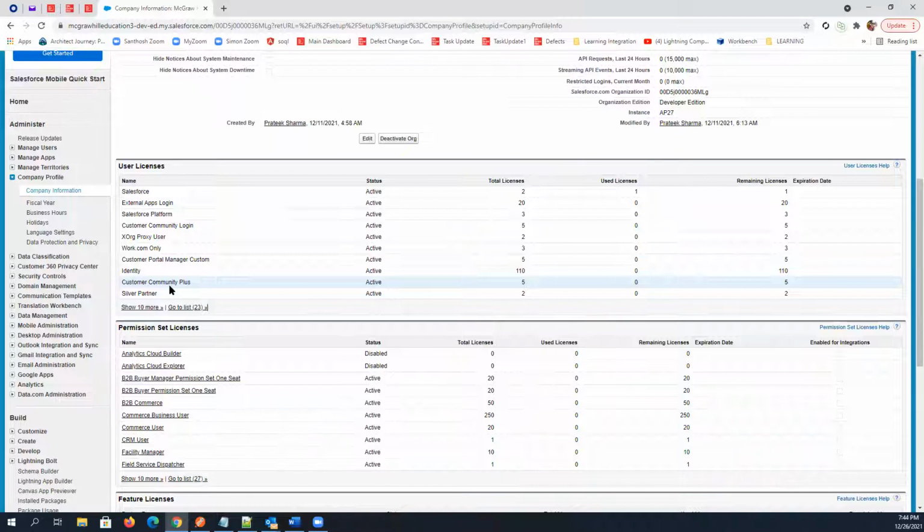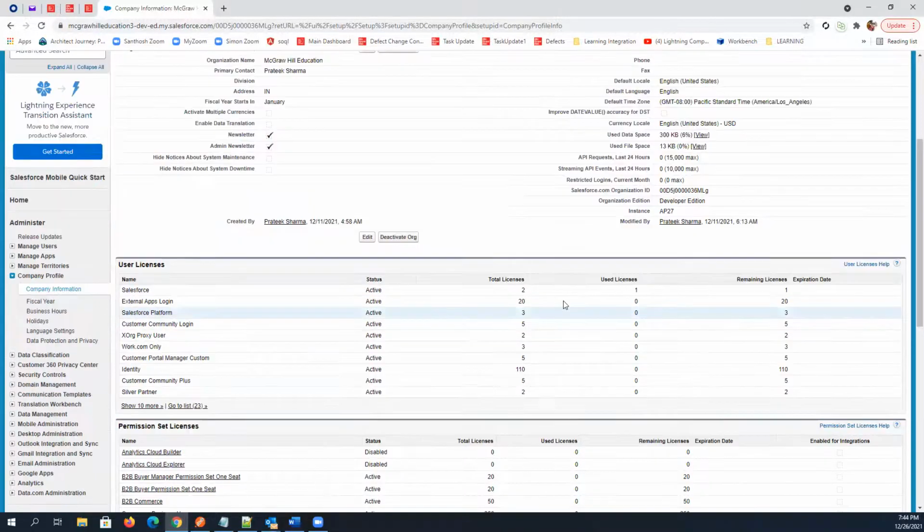These are specifically for a particular process, right? But the Salesforce license will give you permission to access the entire org. Whatever access you have on your user, you can do that. There is no restriction from the Salesforce end. So this is the overview about licenses, right?